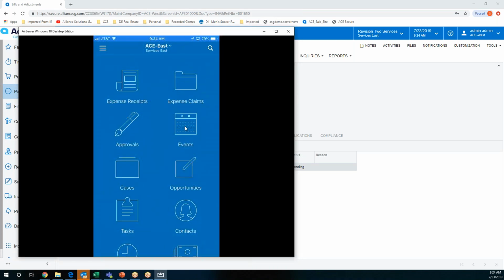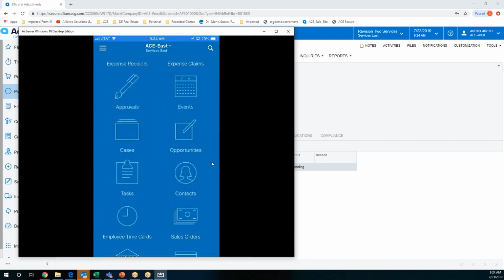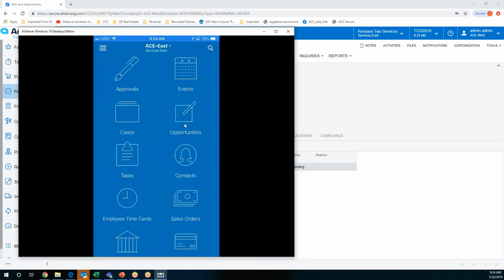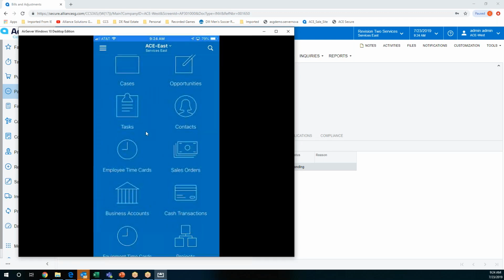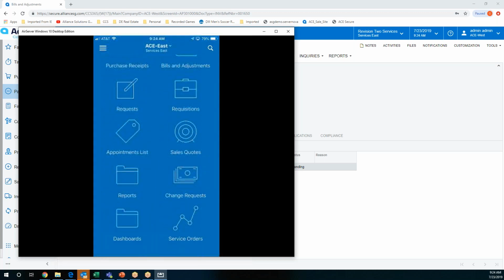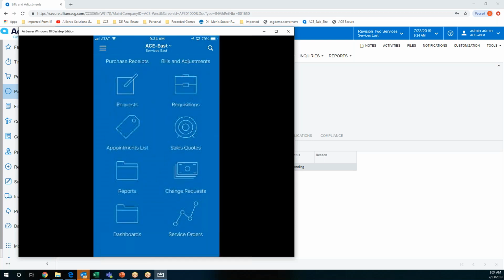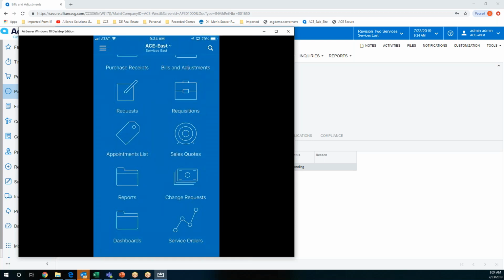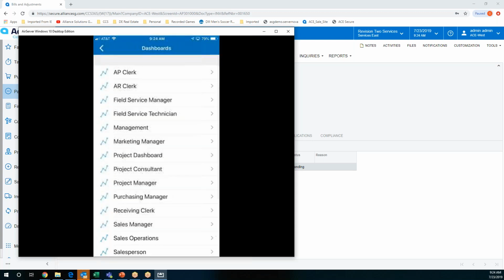It's logged in, whatever company I've logged in, whatever I have access to. These are the different things that we can do. I can capture expense receipts or look at claims. I can start to look at events and opportunities within CRM and cases and tasks and time cards. And so almost anything that we see within the web-based application, we've optimized for what's happening inside this, so including